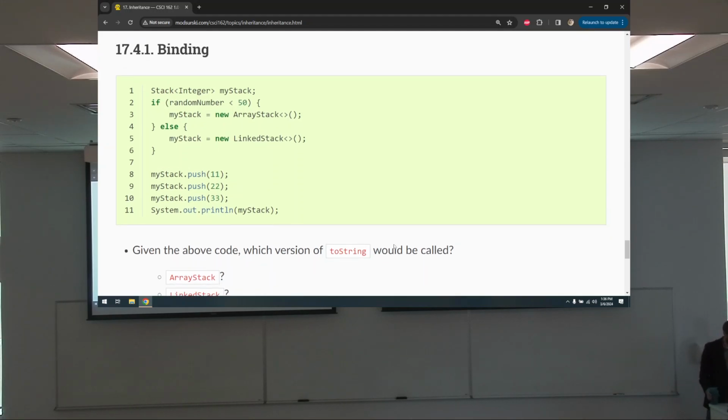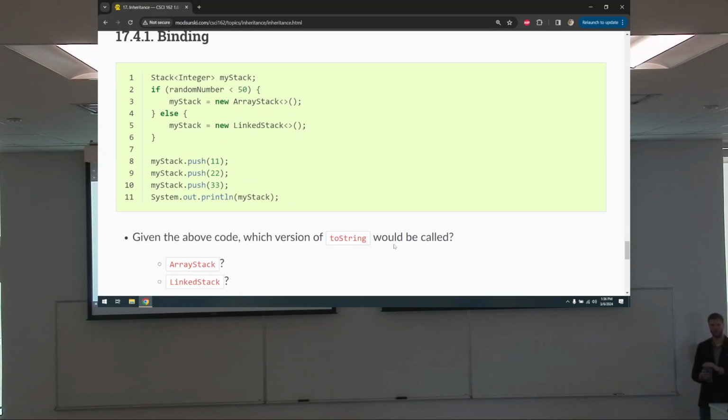Which version is going to be called? Array stack or link stack? Well, you don't know. You don't know before runtime. Before this code runs, at compile time, before I ever hit run, there's no way for you to know what version is going to get called. Is it going to be the version written in the linked stack or the array stack? We don't know. We won't actually know until runtime, until it gets there, until we know what the random number